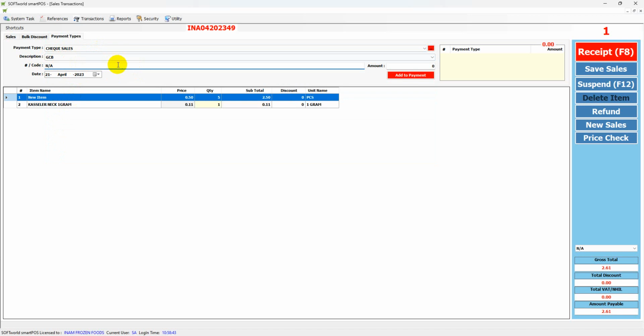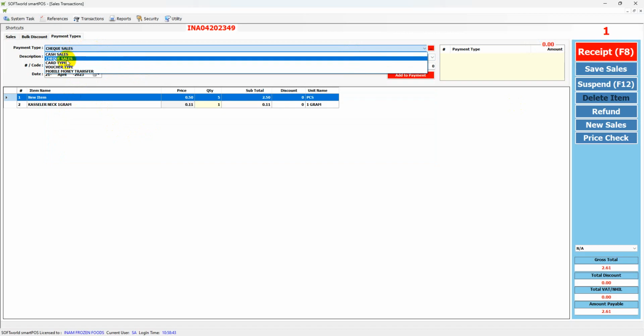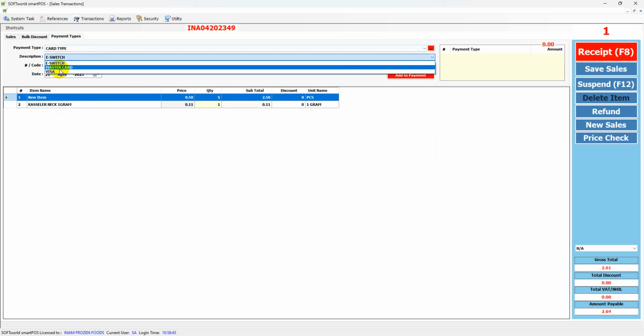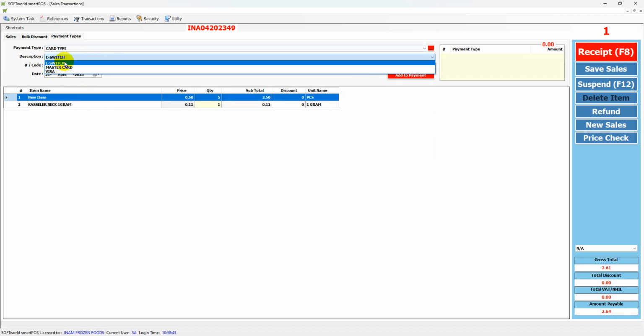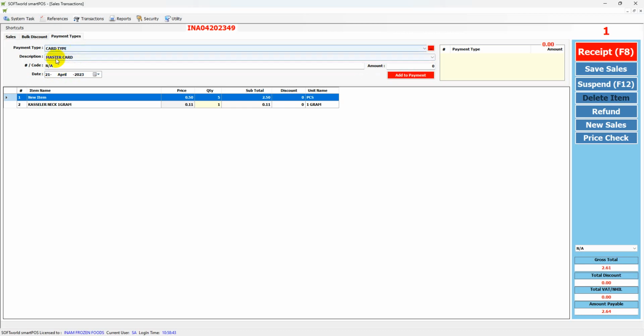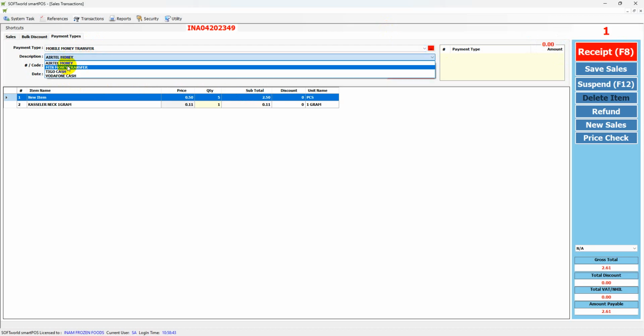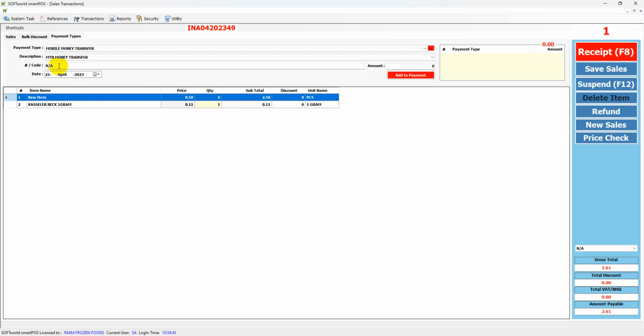and then you can go ahead and print your sales. Or the person is paying by card, so you have Visa, MasterCard, and so on. Select MasterCard, enter the name of the person or any details you want to keep, and the date. You can go ahead and sell. If it's mobile money, you can select the mobile money type and then enter the mobile money number, and then